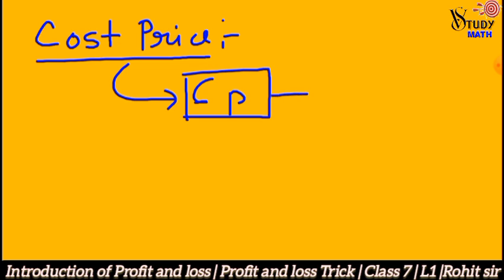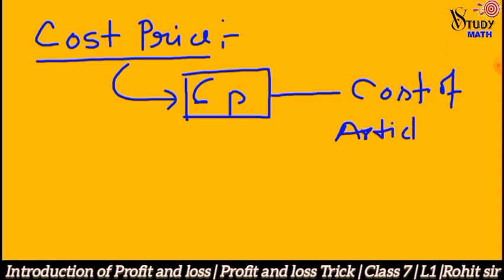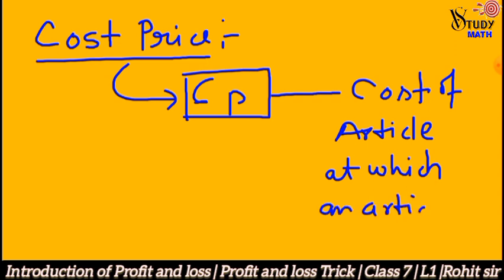CP is the cost of an article at which an article is purchased. I hope you understand. The cost of an article at which an article is purchased is known as CP or cost